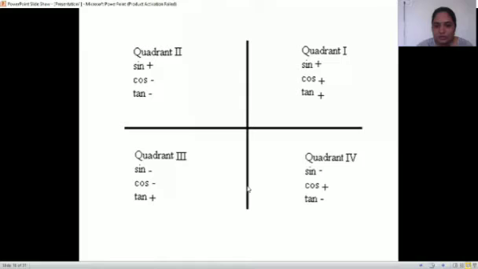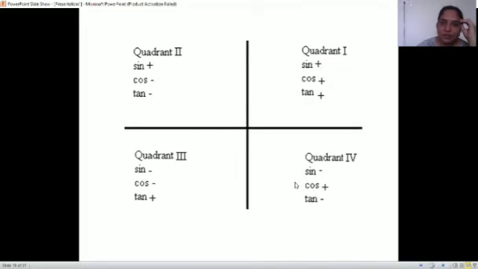We can write 7 pi by 4 as 2 pi minus pi by 4, right? But we are in the fourth quadrant, so we ignore that 2 pi part. We are again along the x-axis, so sine and cos remain sine and cos. So it is cos of pi by 4. And we know cos pi by 4 is 1 by root 2. Yes, correct. So your correct answer is 1 by root 2.